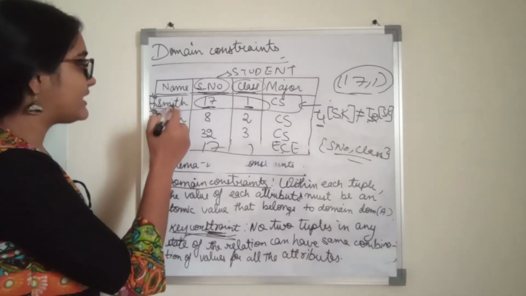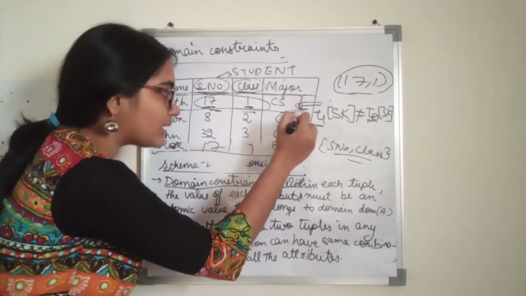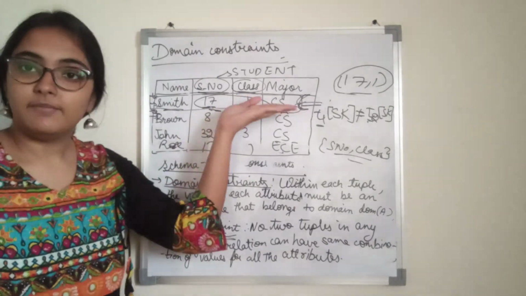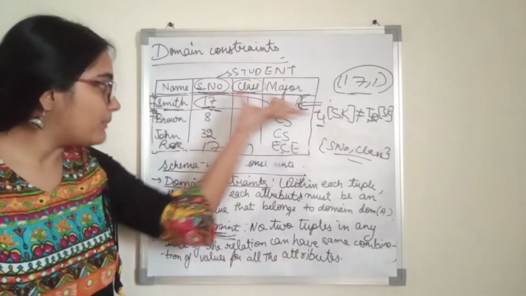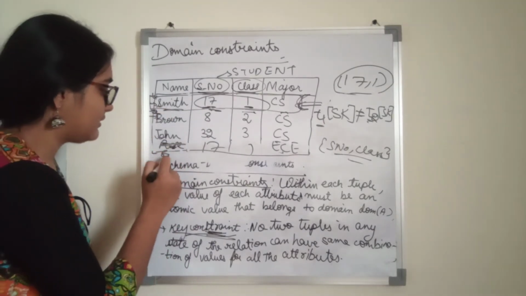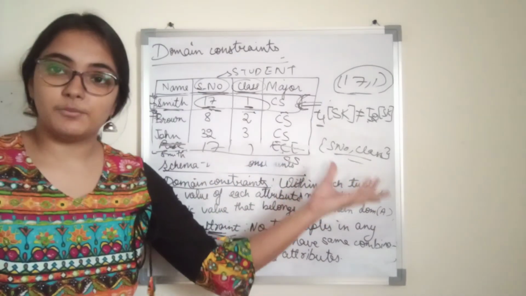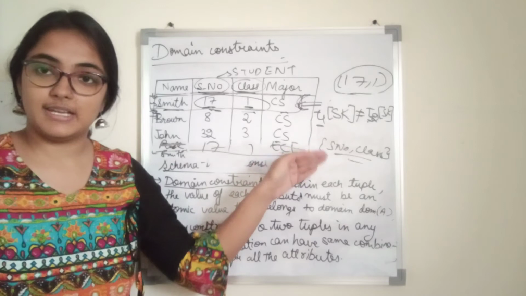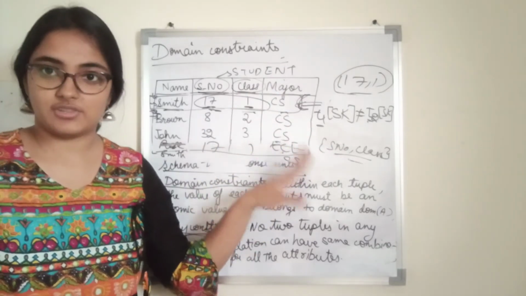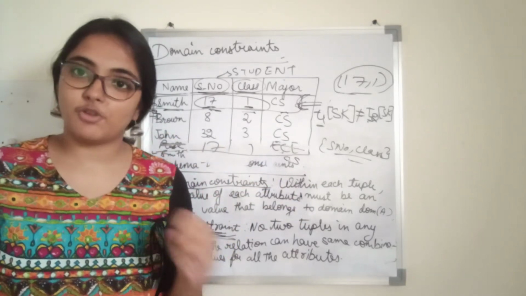Let us say if I specify Smith 17 1 CS, then it should correspond to only this particular tuple. How does this property hold? It is because we haven't allowed any two tuples to have the same combination of values for all the attributes. That is, we cannot have Smith 17 1 CS for any other tuple. Because it is a set of tuples. Relation is a set of tuples, and we have to have distinct tuples in a particular relation, right? So the set of all attributes is the default super key for a relation.